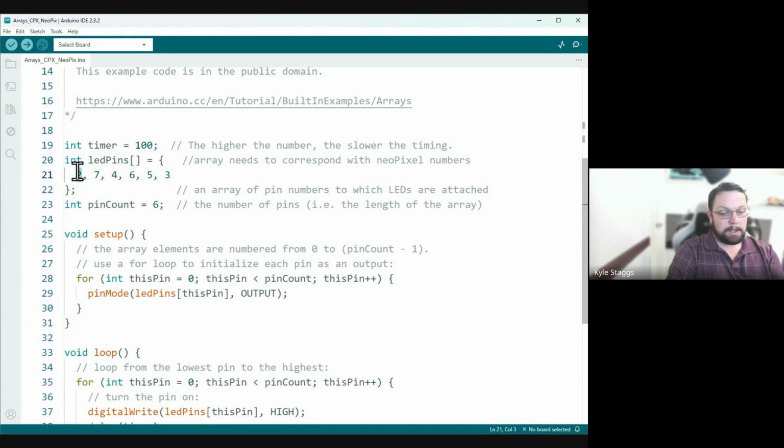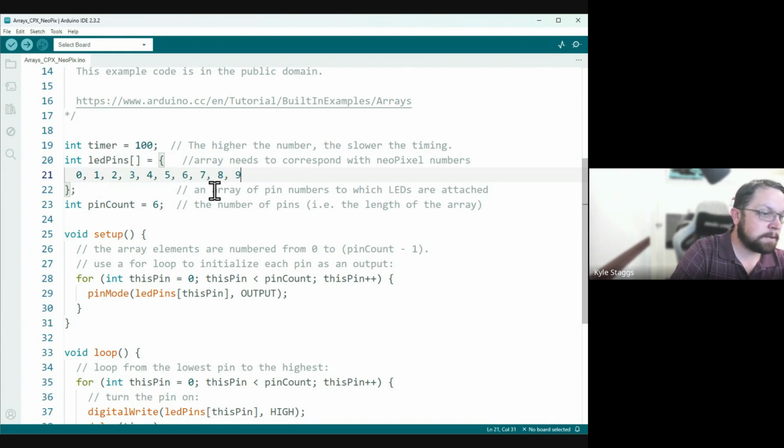So that's going to be 0, 1, 2, 3, 4, 5, 6, 7, 8, and 9, because